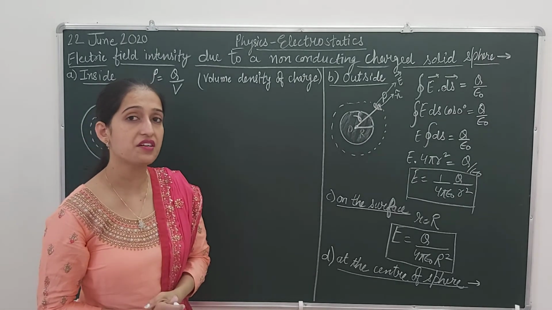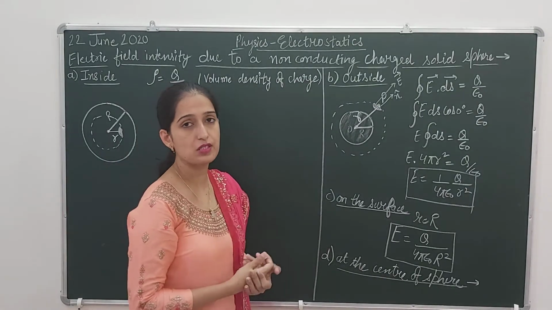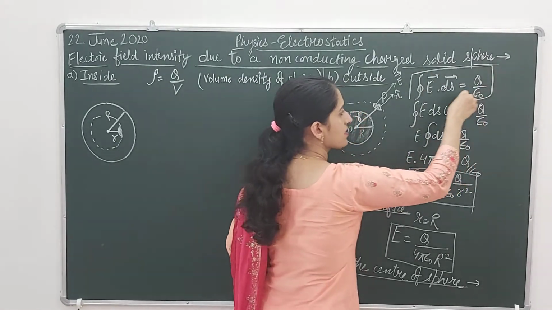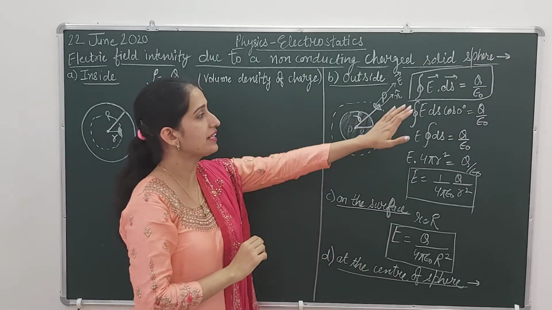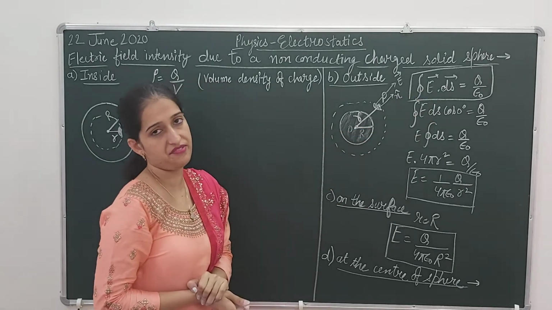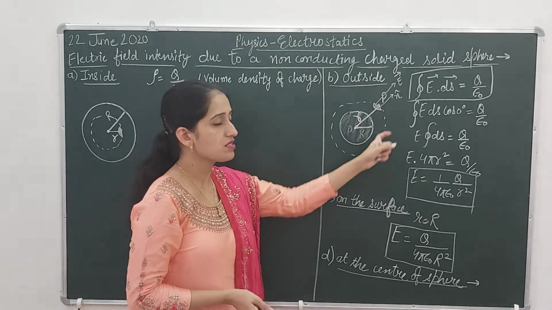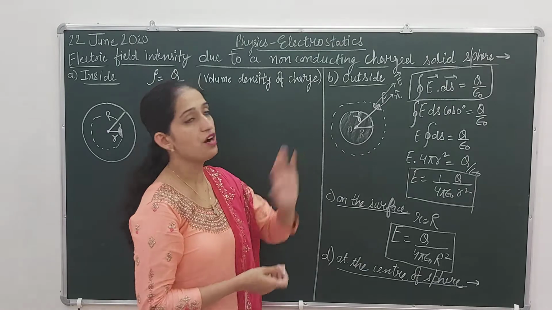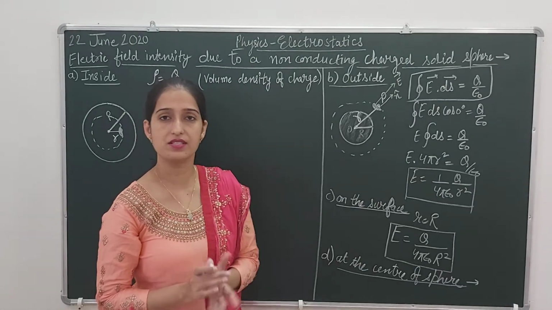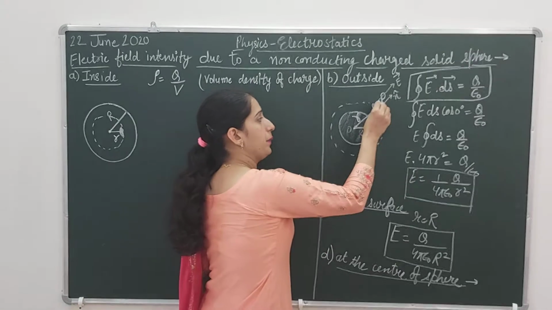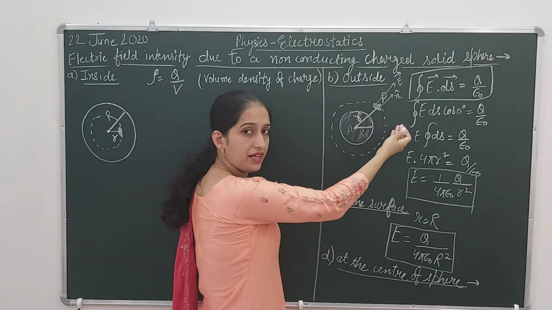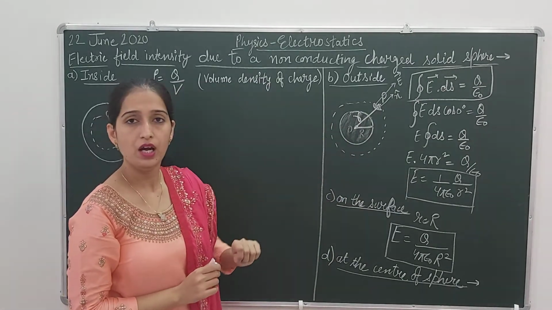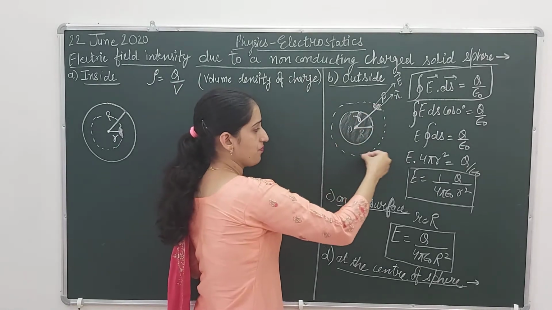Why are we choosing a Gaussian surface? I have told you earlier also, because it's a formula according to Gauss law. The flux is given by this formula. In this we need to find the area of a closed surface. That's why we need a closed surface, and that imaginary surface which we consider for calculating the electric field intensity is known as the Gaussian surface. So let P be the point outside this sphere at which we need to find the electric field intensity due to it.